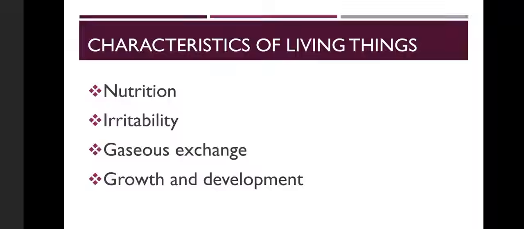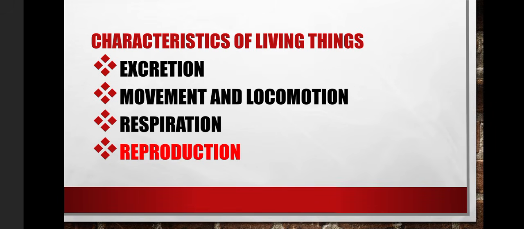Learners, I want you to understand that these organisms that you are calling living things normally have certain characteristics in common. A characteristic is a distinguishable feature that an organism has. So the common characteristics that will be found in all living organisms include number 1, nutrition, number 2, irritability, number 3, gaseous exchange, number 4, growth and development, number 5, excretion, number 6, movement and locomotion, number 7, respiration, and